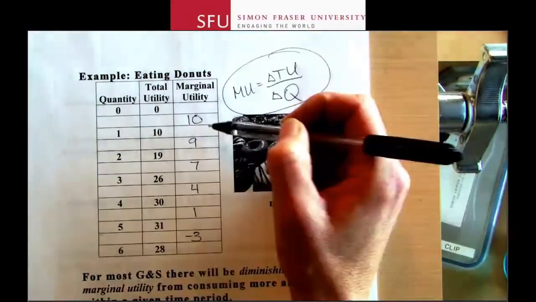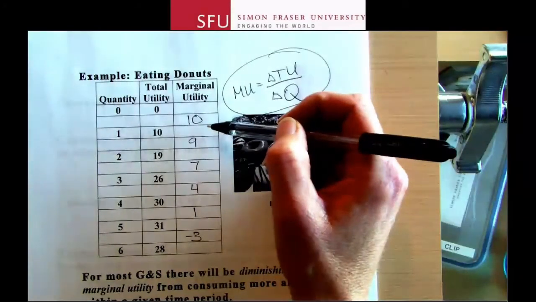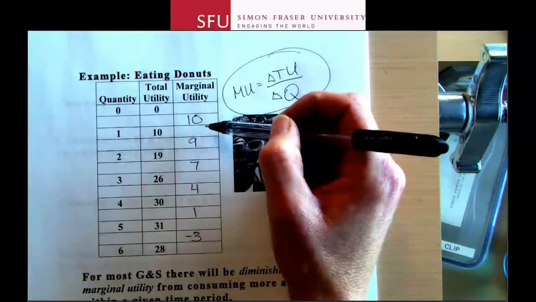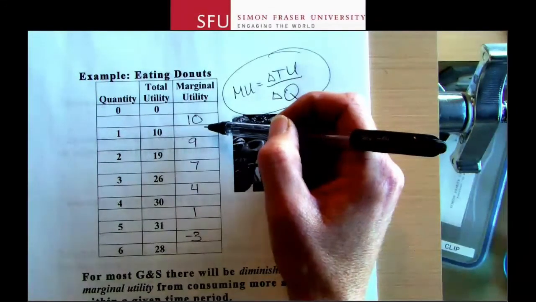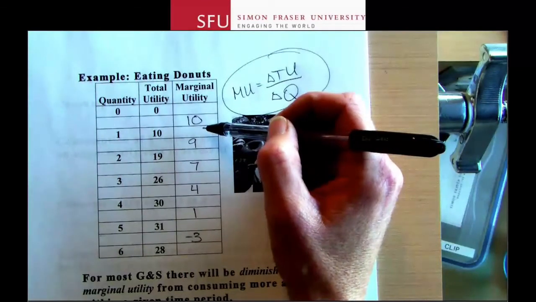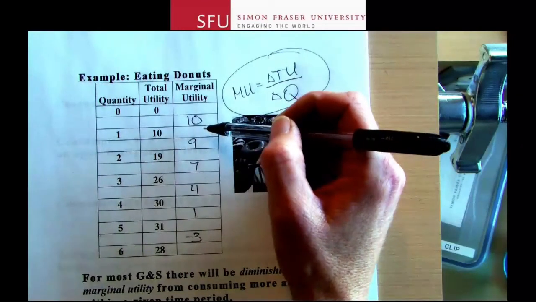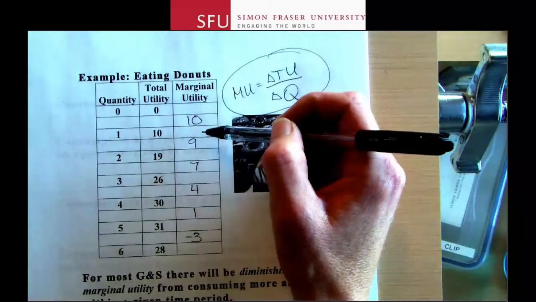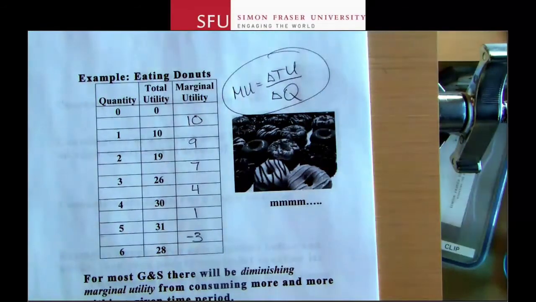Now, these are just pretend units, right? What we're measuring here is units of utility. Can you actually measure a person's utility? No. If I'm eating a donut, you can't measure how much utility I'm getting. You can maybe tell that it'll make me happy because it's delicious, but you can't actually measure it. So these are just pretend units, just for the sake of going through the theory for the chapter.